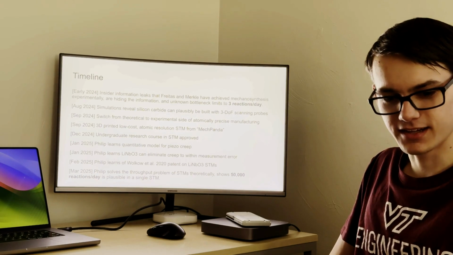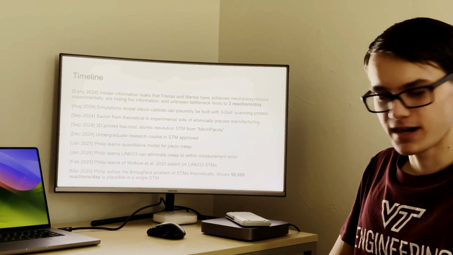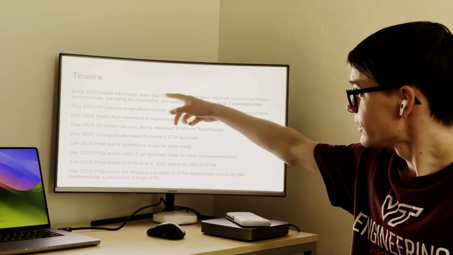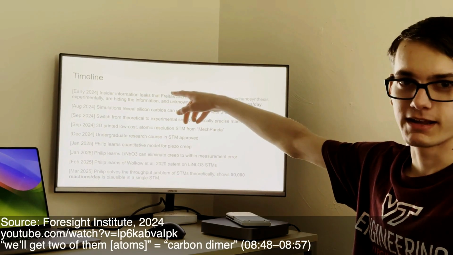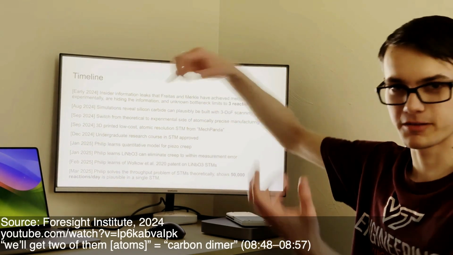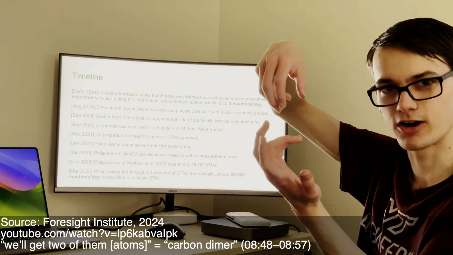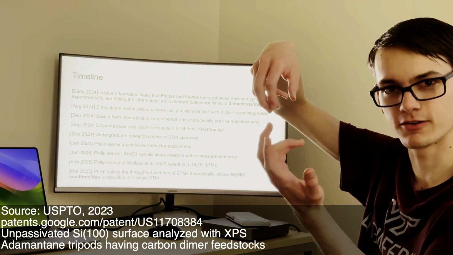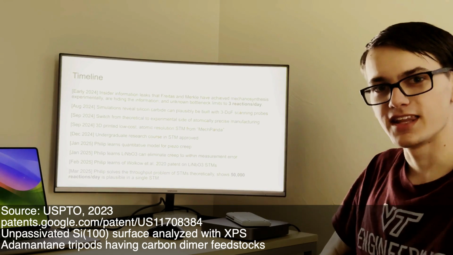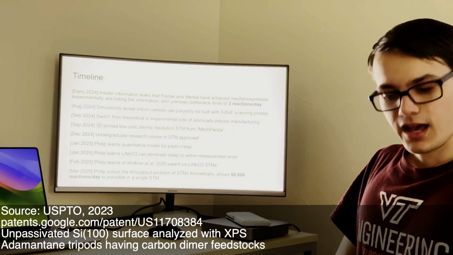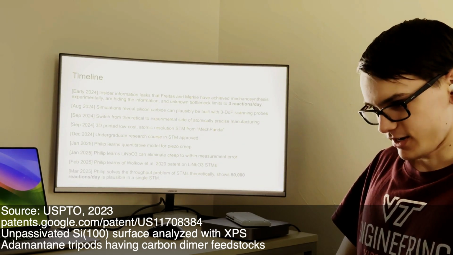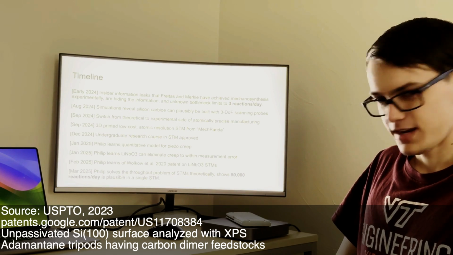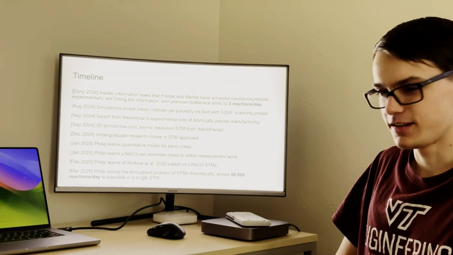And back in my mind, I knew a little bit about this leak. I didn't know they were actually using tripods with a carbon dimer. I just knew they were placing carbon dimers on silicon 100 and it was unpassivated. And that was all secret back then. And I was inspired by that, and I took the DCB6 germanium tooltip that was studied a heck ton of